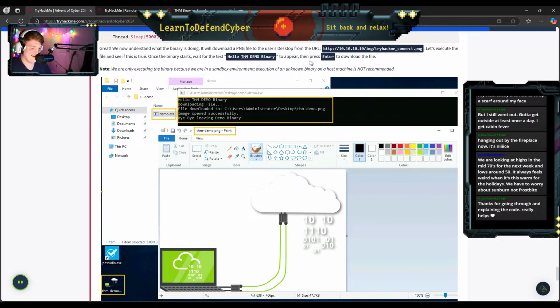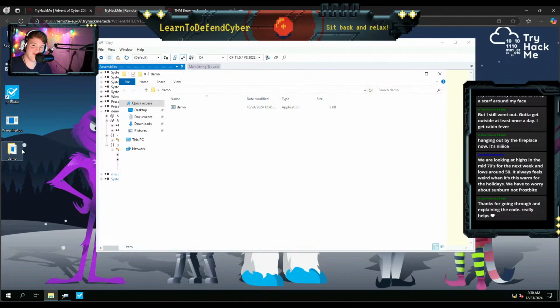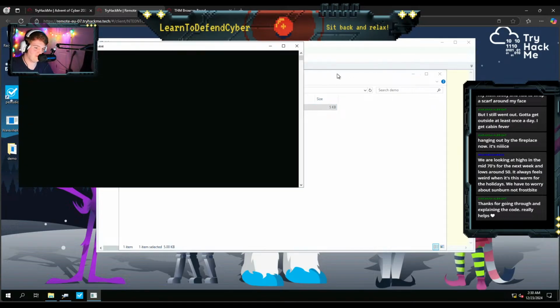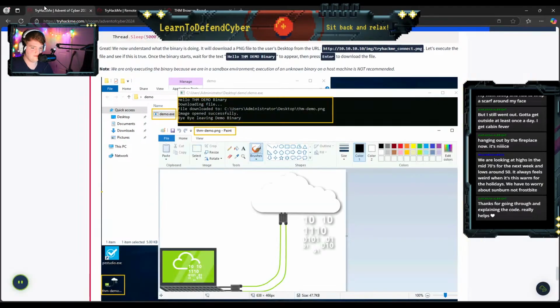It looks okay. Let's execute the file and see if this is true. Yeah! Let's detonate some malware. Now, remember, only detonate malware in sandbox environments or on computers you don't care about. Preferably not network connected. Alright, we got it launched. You hit enter. Downloads a file. We got it, and it opens up. That's right. That's our little PNG. And we saw it run.